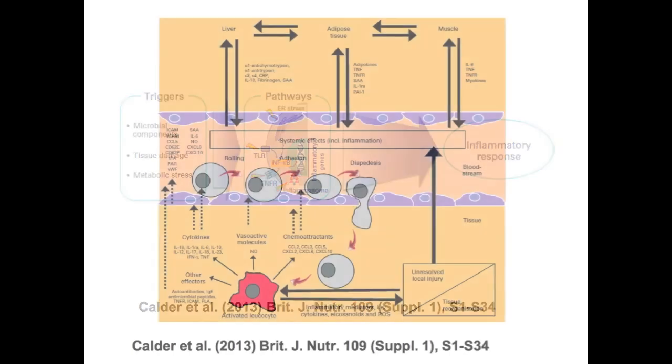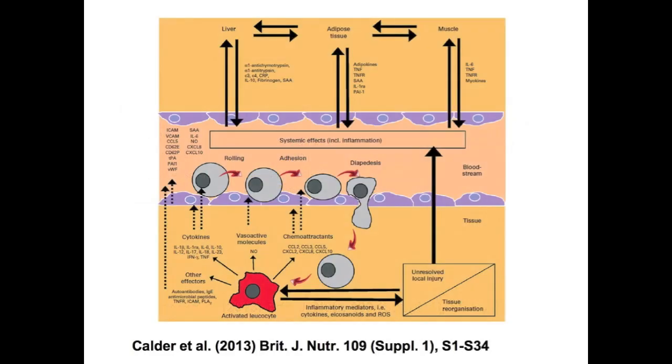Now, if you look in a little bit more detail at what's going on with cells in the context of an inflammatory response. So going through the middle here, this is the bloodstream. So this is a bit like a pipe running across the slide here. And the blood vessels along their walls have these endothelial cells, so they're separating the blood from the underlying tissue. So here I have some different tissues on either side of the blood vessel.